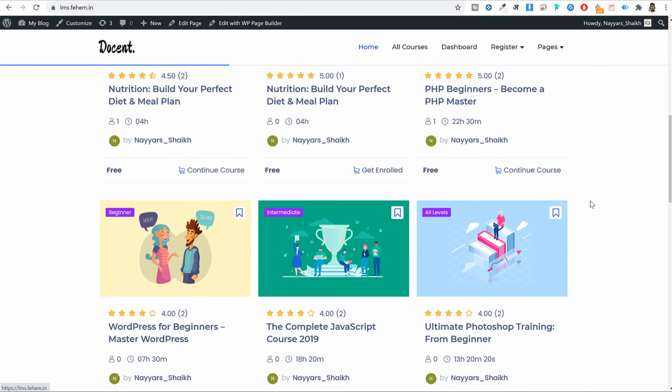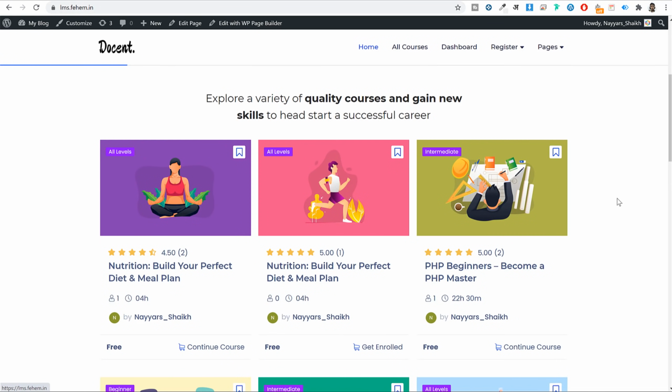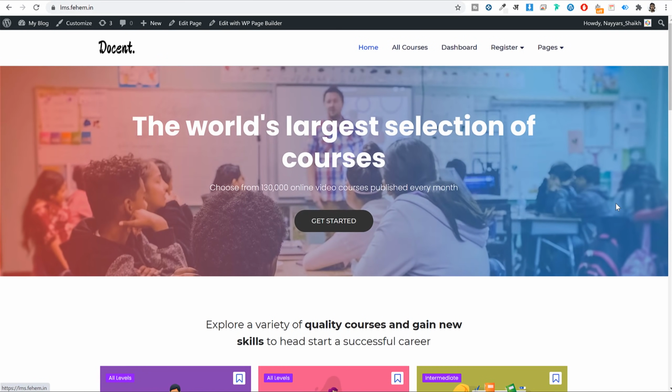But whenever you're creating paid courses, people need to make a purchase, or people need to make a payment to get enrolled in these courses. So we'll see how we can accept online payments and how you can directly withdraw those payments in your bank account. And obviously I'll be explaining everything in complete detail.